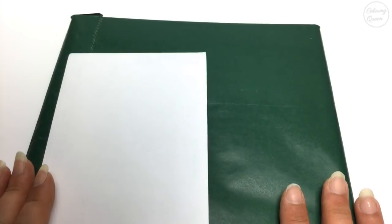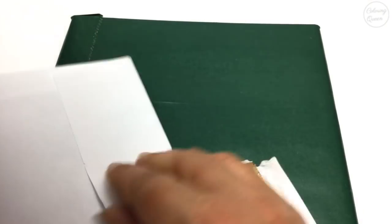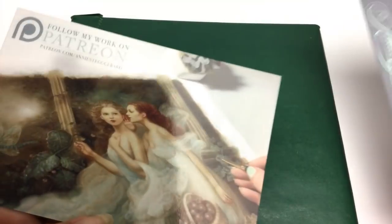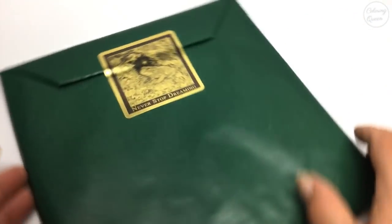Now it comes in this lovely cardboard box which I've already opened, and inside it's wrapped in a lovely green paper, and there's also a little envelope. There's a gift coupon and a lovely postcard, which is a thank you card, and an ad for her Patreon, and beautiful gold foil on there. Then we've got the green paper bag with our colouring book inside it, and a gorgeous gold leaf sticker on